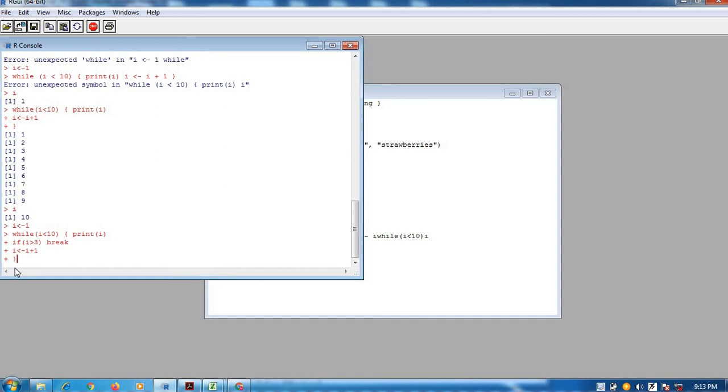So what this will do, it will print I, then if I is greater than 3 it will break, and otherwise it will continue to increment I.